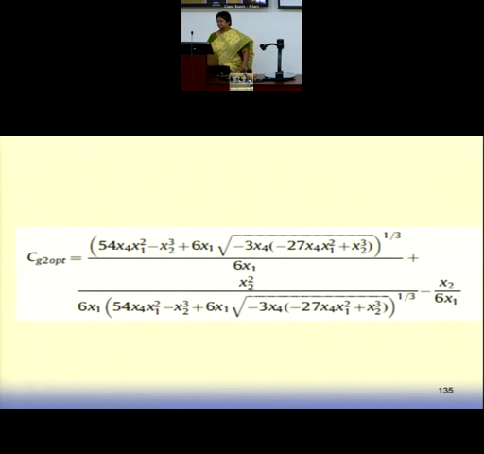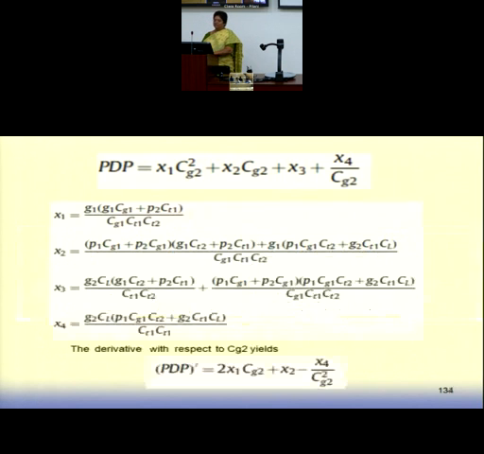That gives me an expression for CG2 optimum where you can put in all the values. X1, X2, X3, they are all known to you in terms of G1, P2, P1. CT1 is known to you, the template gate, as I said, is known to you. The gate characteristics are known. Z is also known to you. Everything is known to you. Put in these values and get the expression for CG2: how much CG2 you should have for a minimum PDP.